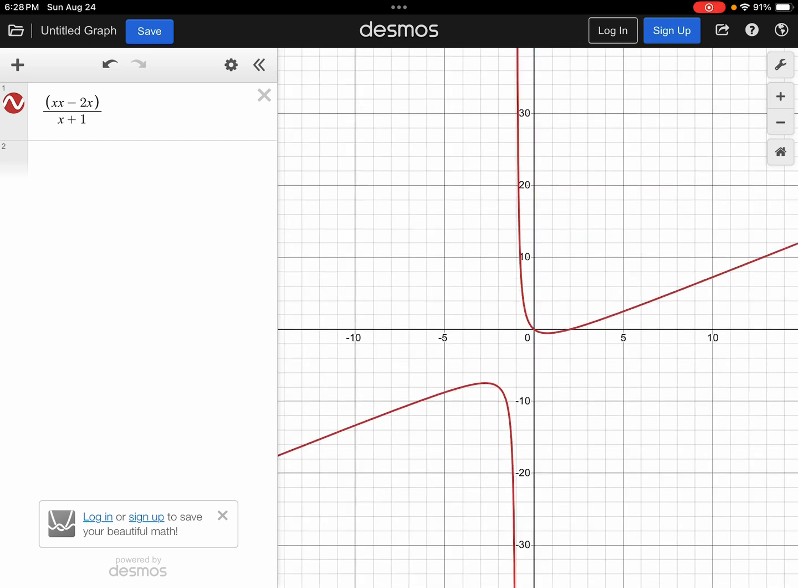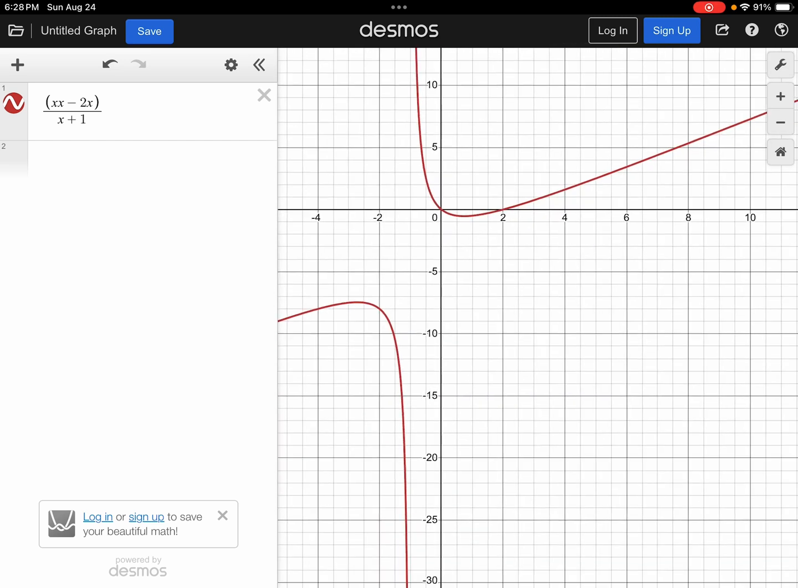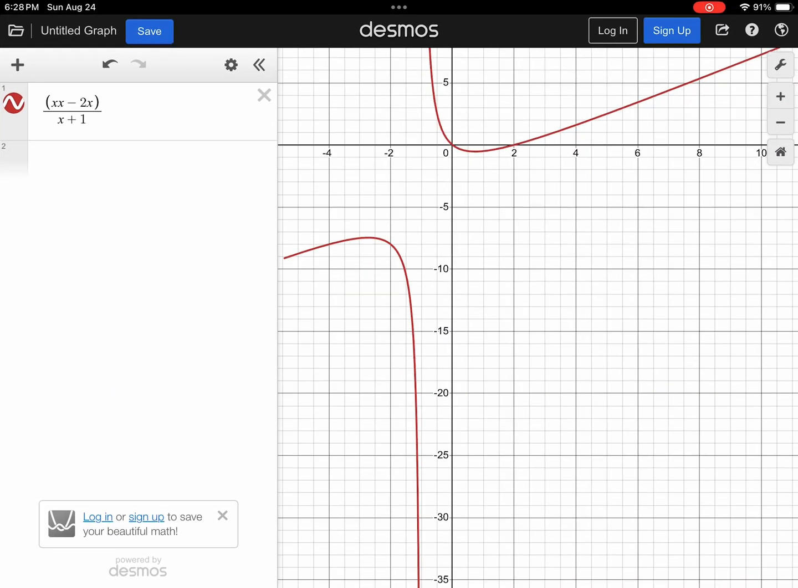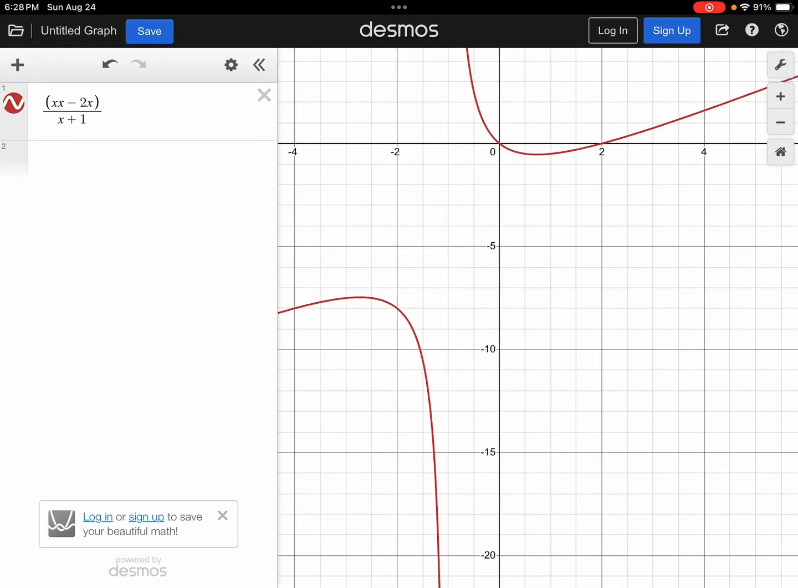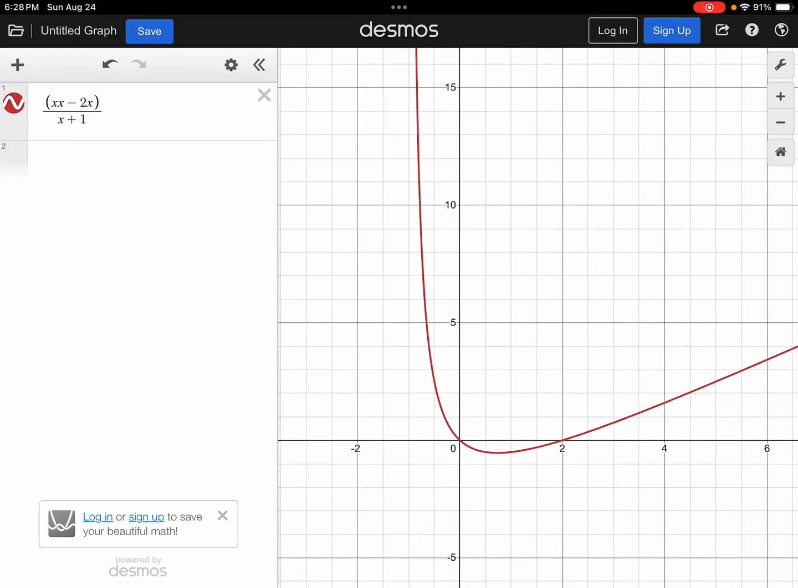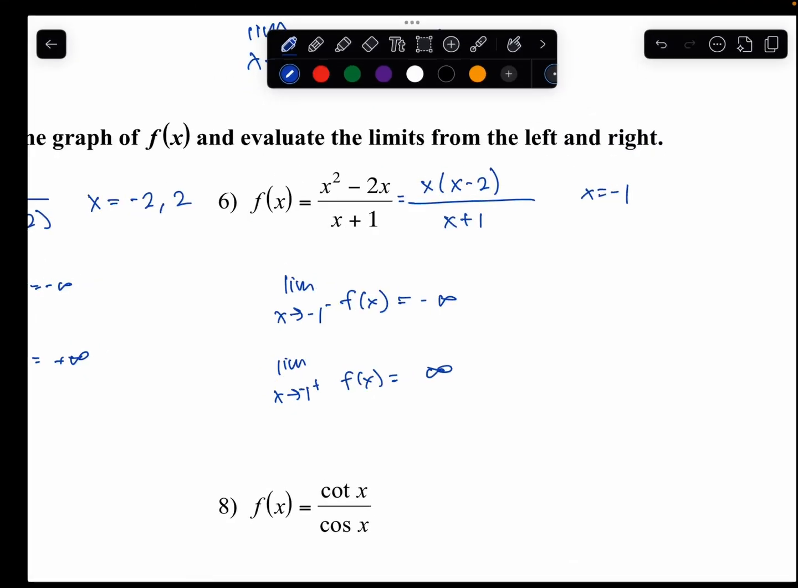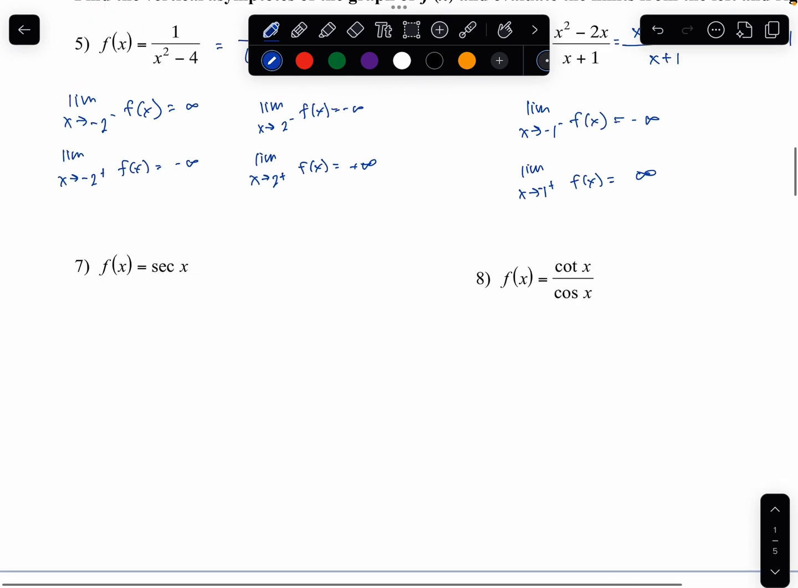Let's kind of shorten this right here, easier to see. So on the left side of negative 1, we said negative infinity. And on the right side of negative 1, it's positive infinity. So it checks out. Cool. All right,